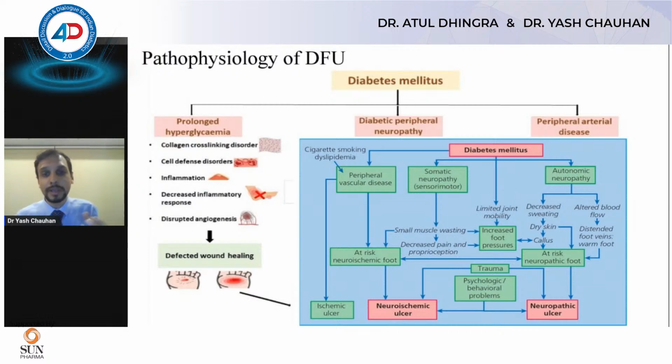The next two things are quite important, and both of them in conjunction are the worst reasons why diabetes can cause this foot ulcer. So, first is peripheral neuropathy. Peripheral neuropathy is in the form of somatic neuropathy or autonomic neuropathy. Somatic neuropathy involves the motor nerves and the sensory nerves. When there's motor nerve involvement, that leads to small muscle wasting, and that leads to bony deformities because of that, and that leads to something that we know as a neuropathic ulcer.